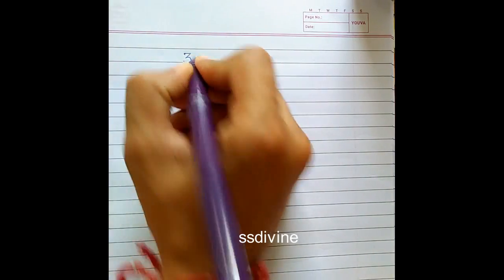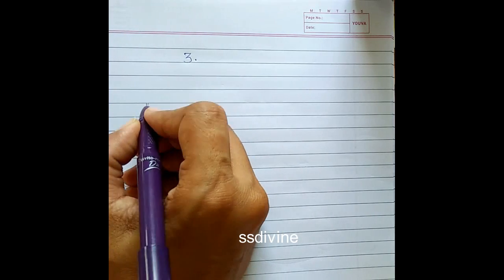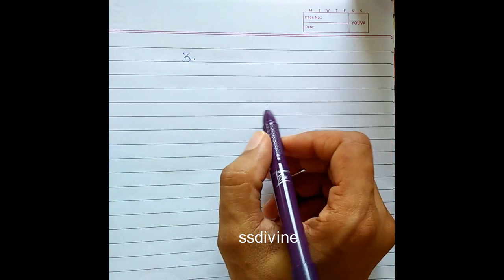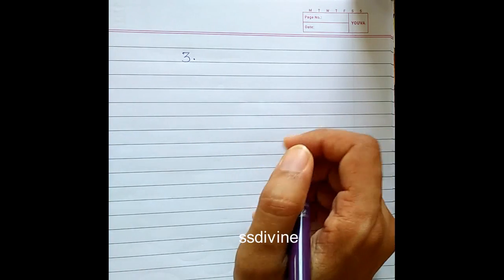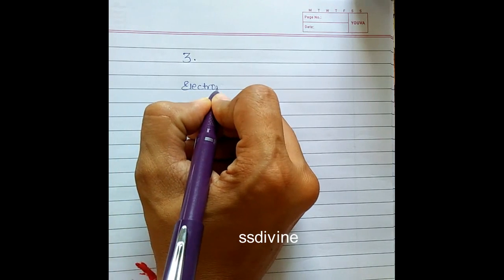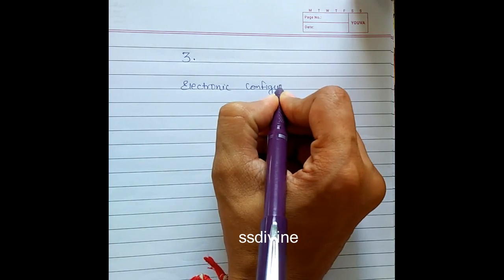In chapter number 3, that is classification of elements and its periodicity. In the previous lecture we learned about atomic number. I just showed you how to identify the atomic number, if you don't remember it, right? So today we'll learn about electronic configuration. Electronic configuration we will first go through group wise.